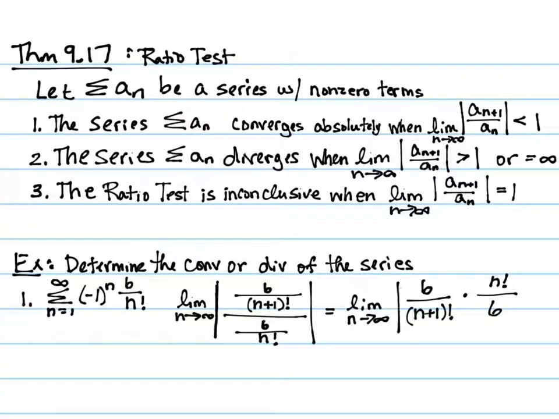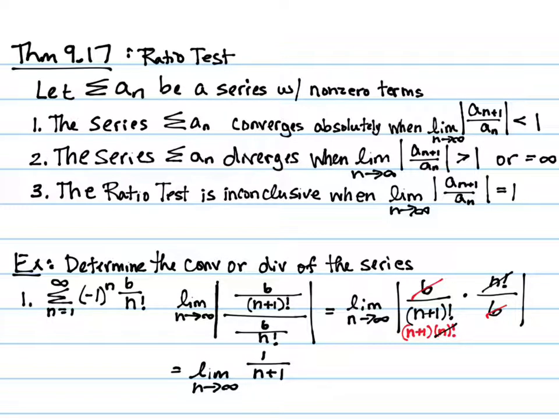What do you notice? Okay, 6's cancel. So I'll write it out just a little bit, but (n plus 1) factorial means n plus 1 times n times n minus 1 all the way down. So it actually can be thought of this way, which means the n plus 1 is the only thing that remains in the denominator. So this equals the limit as n goes to infinity of 1 over n